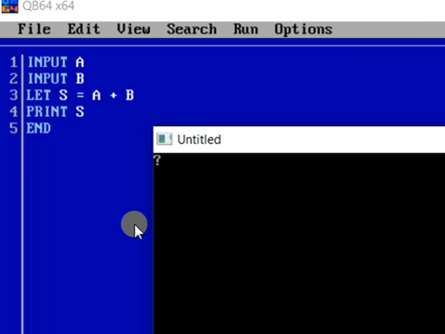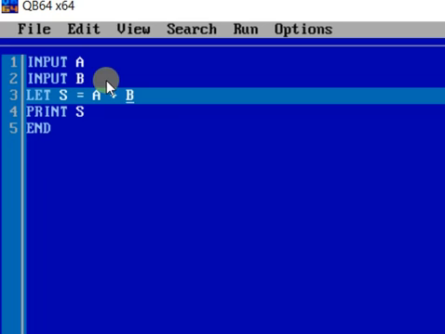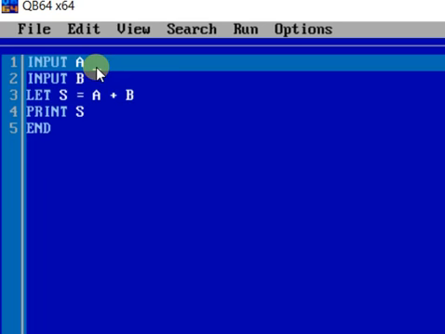QBasic allows us to write messages along with the input statement to make the program more understandable to the user. These messages are written just after the input and within double quotes. As message is an alphanumeric text, so they should be always placed within double quotes.